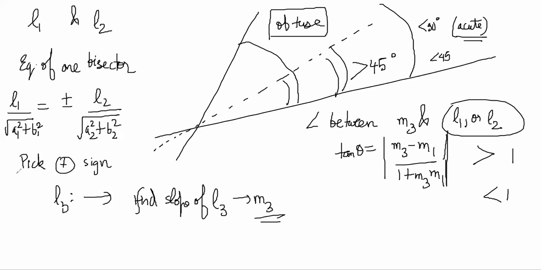So the choice of sign that you picked, you will be able to decide whether it is the obtuse angle bisector or the acute angle bisector, right? If one of them is obtuse, the other sign, the minus sign, will be acute. It's very simple and logical, the method, how to find the bisector and which one is the obtuse angle bisector and which one is the acute angle bisector, right? Okay, so let's go on.